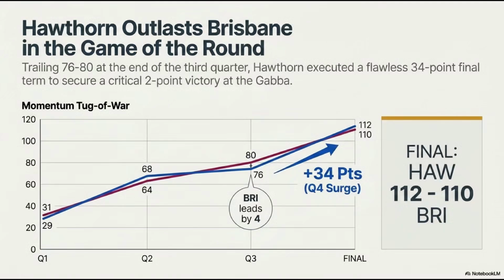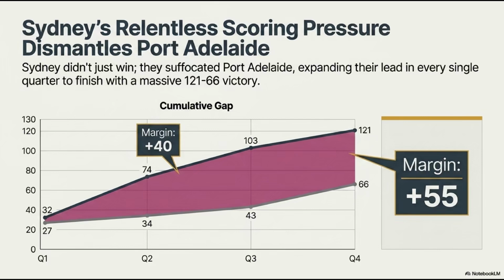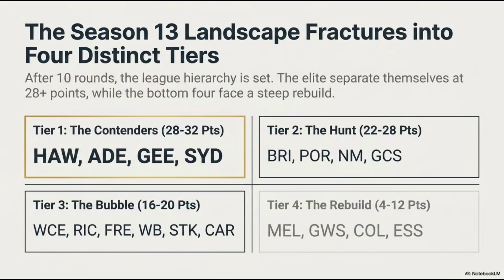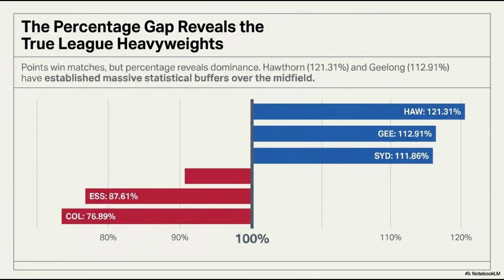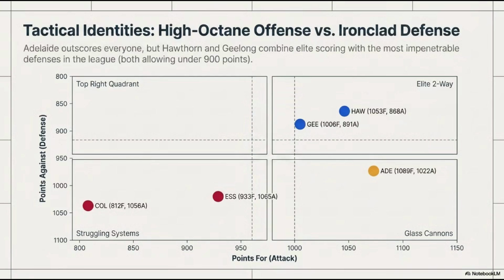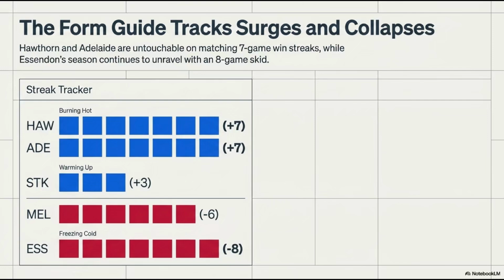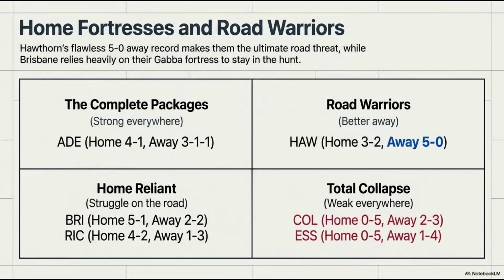I want to read the actual pairings from the source material because, when you hear the full list, the scale of it really sets in for you. Yeah, it's a lot to take in. We've got RIC versus COL, POR versus SYD, ESS against GCS. Right, all happening in the same round. Exactly. BRI taking on HAW. Yeah. NM against WCE. STK versus Mellera. It just keeps going. GE fighting FRE. AD versus GWS. And finally, WB against HERAR.